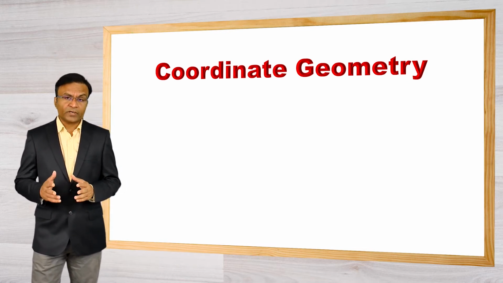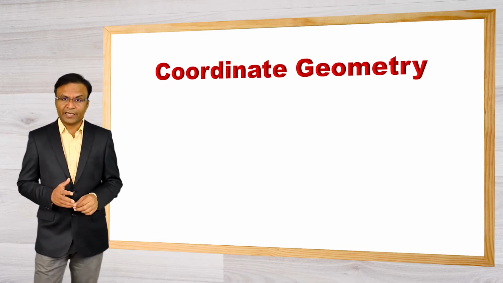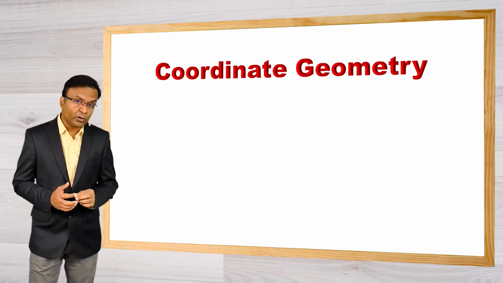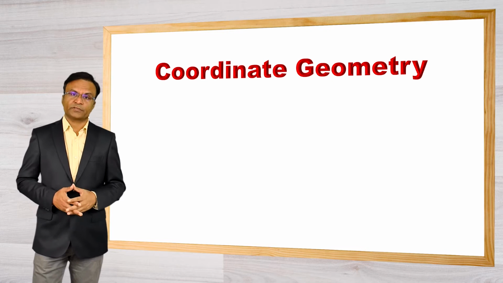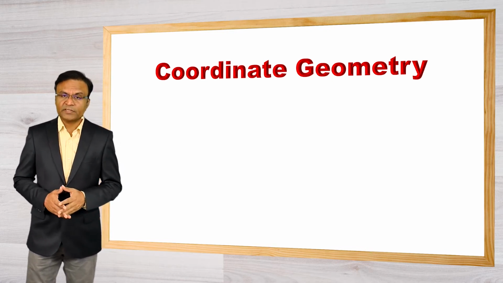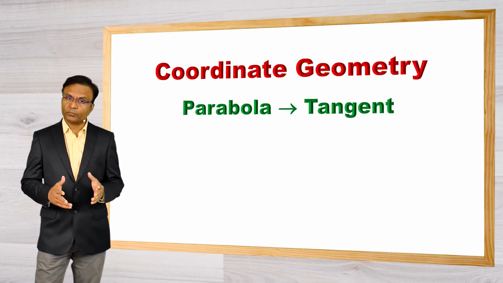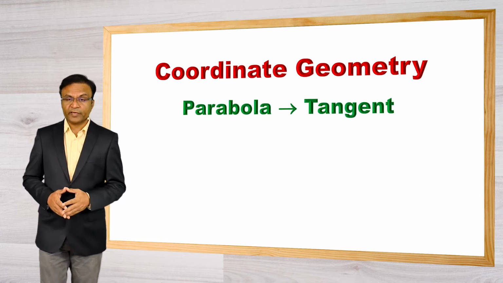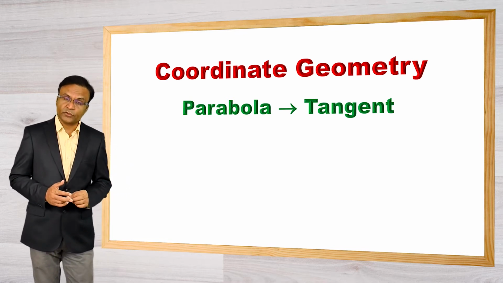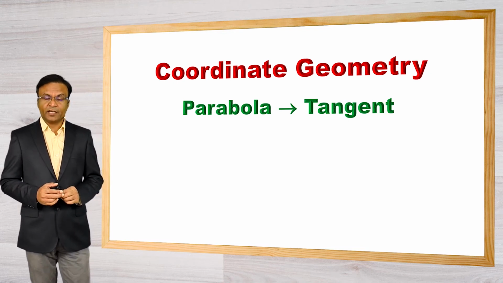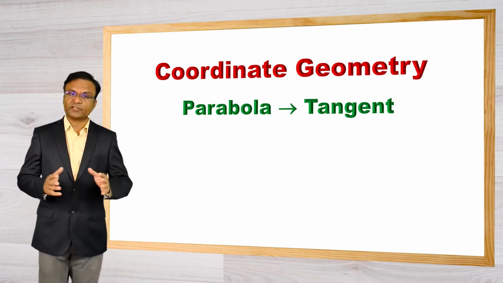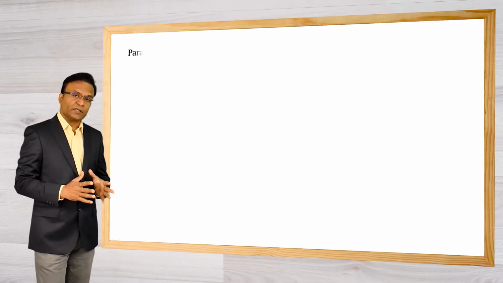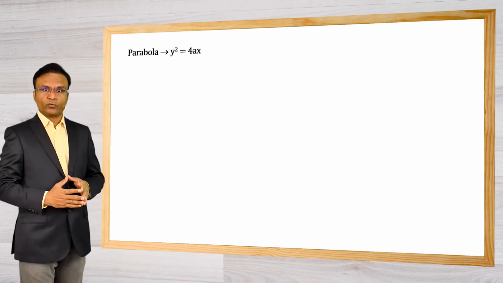The second part focuses on different important lines like tangent, normal, chord of contact, midpoint chord of the curve and its properties. In this video, we will see how to find the equation of tangent to parabola under different given conditions. This video is very important because the algorithms used to find the equation of tangent are same for all conic section curves. To start with, let's consider the most simple and standard parabola y square is equal to 4ax.